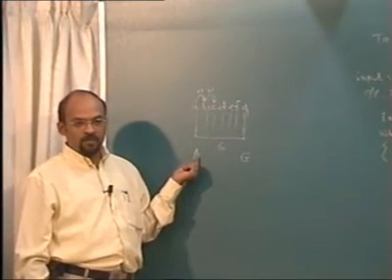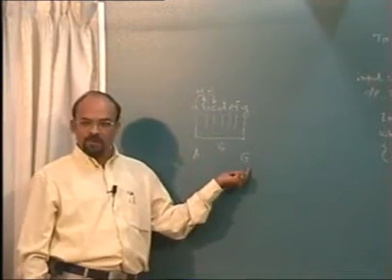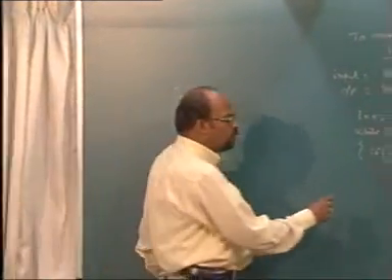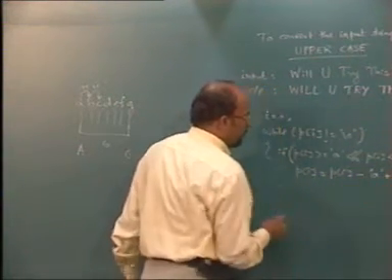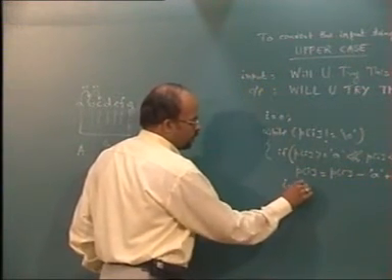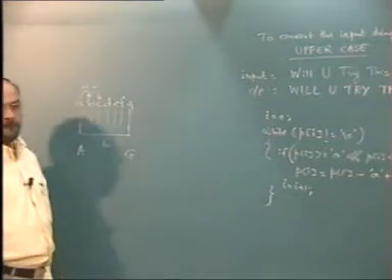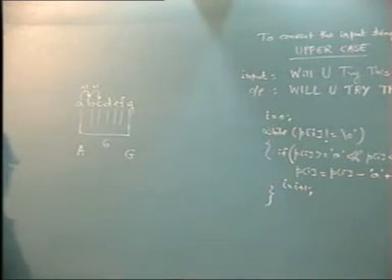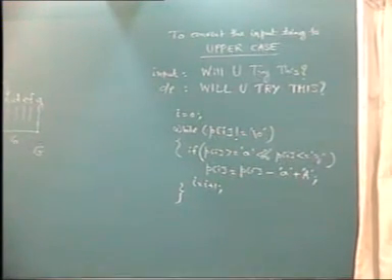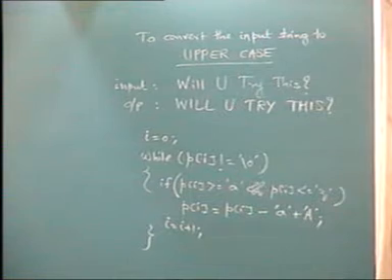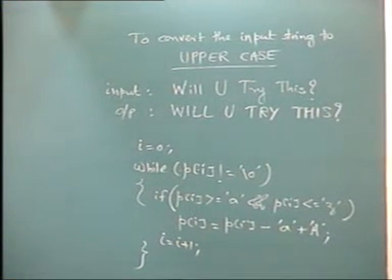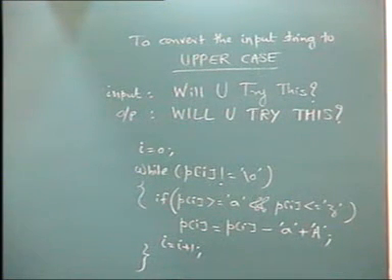So capital A plus 6 will come out to be capital G. And where do you want to store it? In P of I. We will convert every lowercase character to uppercase. All other characters are intact. It is to find the distance of the current character from small a and pick up the character at the same distance from capital A.